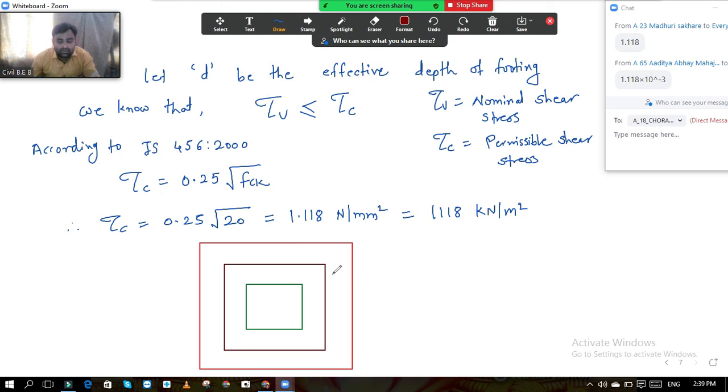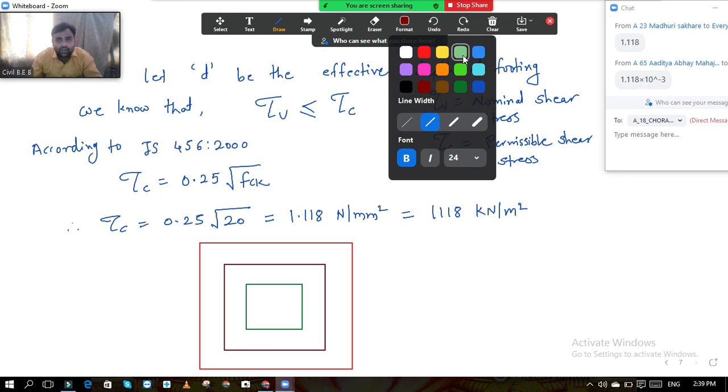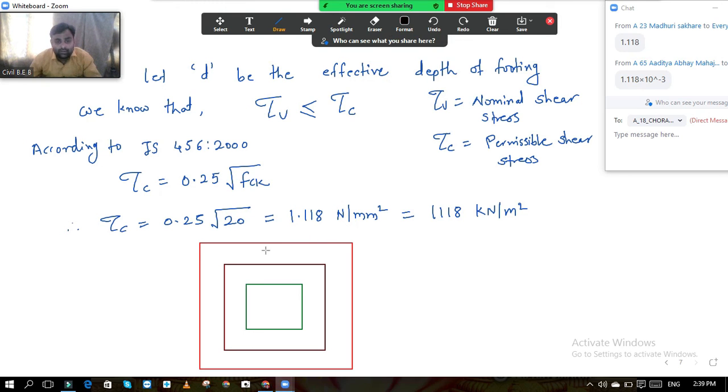See, this is the area after the penetration. Now suppose this is the footing, and this entire area gets punched through the footing. Which area will remain after that, if this punching action takes place? Suppose our footing fails and the punching action takes place, then the remaining area will be this area, whatever I am hatching right now. The hatched area shown over here.